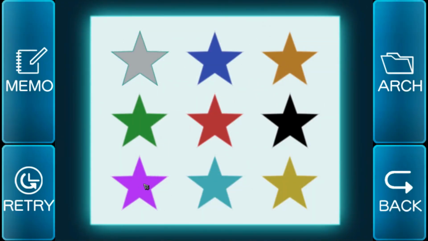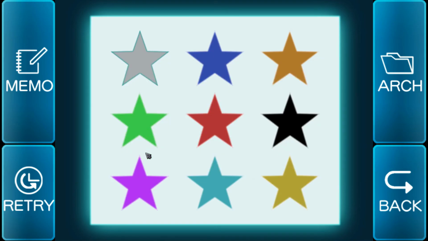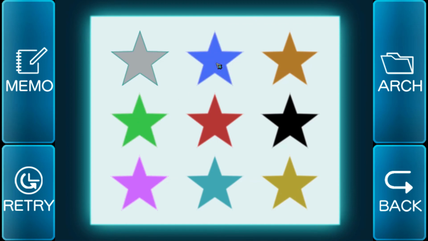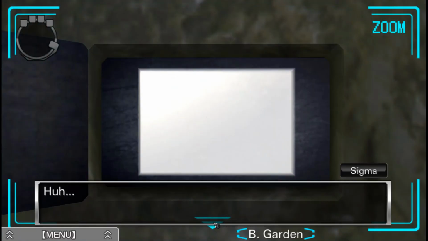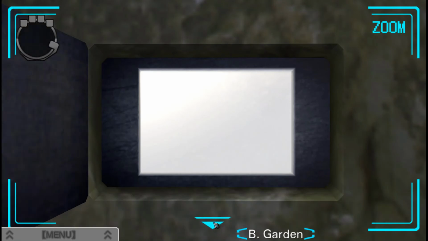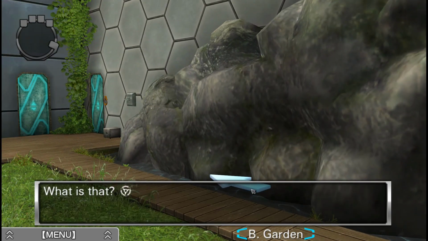It was purple, green, yellow, blue, red. Green, purple, yellow, blue, red. Purple, green, blue, yellow, red. Don't remember. Okay, I mean, I know what you gotta do. I'm pretty sure it's smallest to largest. I mean, it could be largest to smallest, but